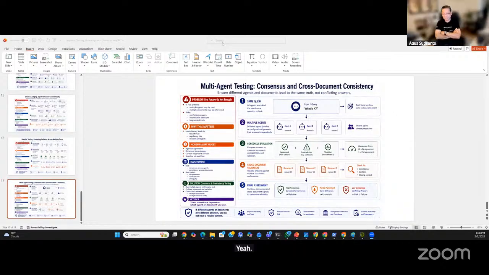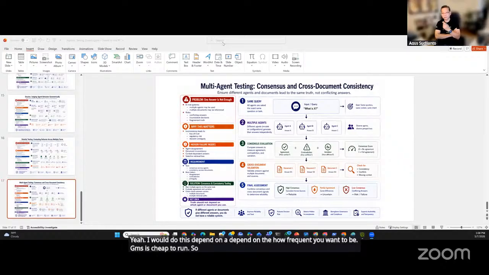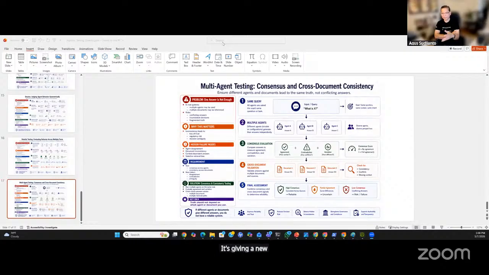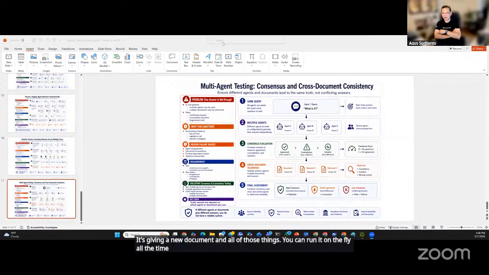I would say it depends on how frequent you want to be. GMS is cheap to run. So you can do this in a live production system if you want to, right? You do it all the time because it's giving an answer, it's giving a new document and all of those things. You can run it on the fly all the time. You see how fast that one is, right? The latency being shown compared to if you ask an LLM, and it's cheap to compute, unlike an LLM